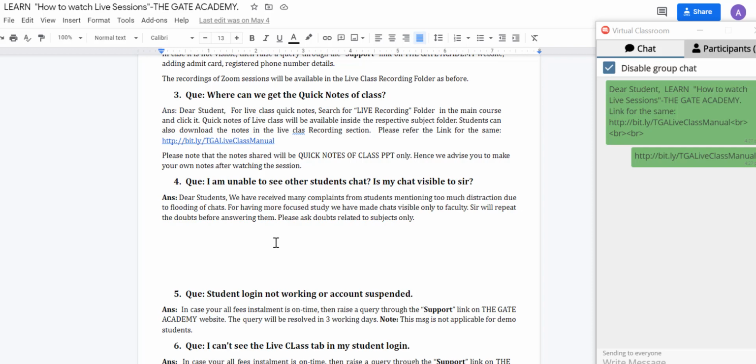So we are requesting faculties to give this information to the students. This message will be shared with the students in all the sessions at least twice in any particular session, so that the students who are joining late also get the message.